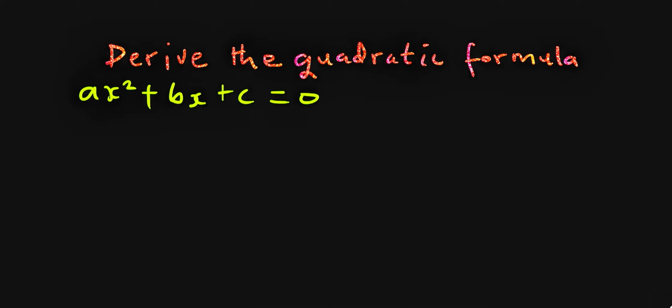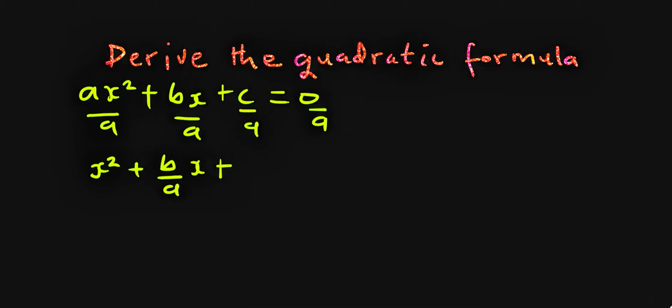So to solve this using completing the square method, the first thing will be to divide through by the coefficient of x squared, that is a. So we divide through by a. Each and every term in this equation, we do the same to the right hand side to keep the balance. So now what we are ending up with is x squared plus b over a x plus c over a